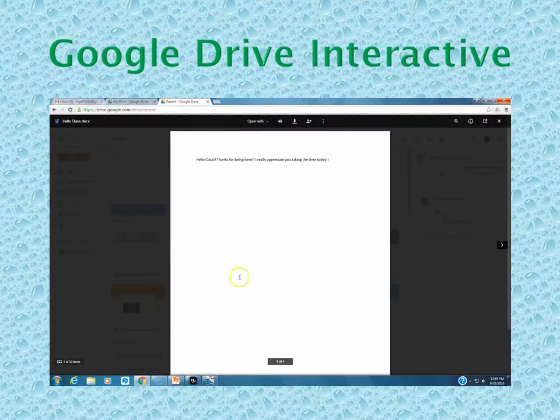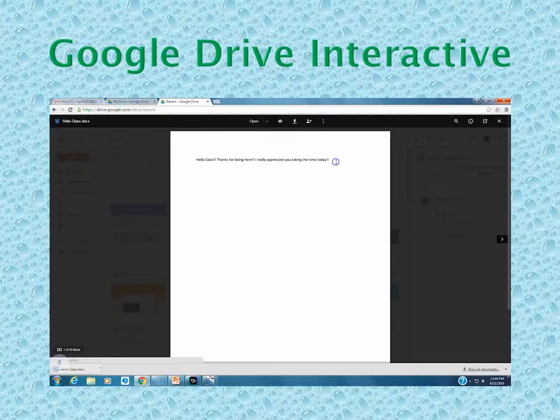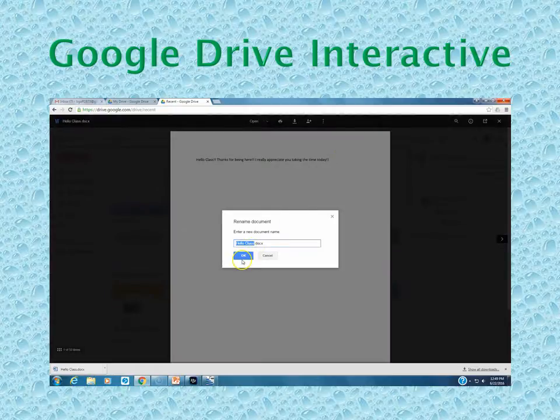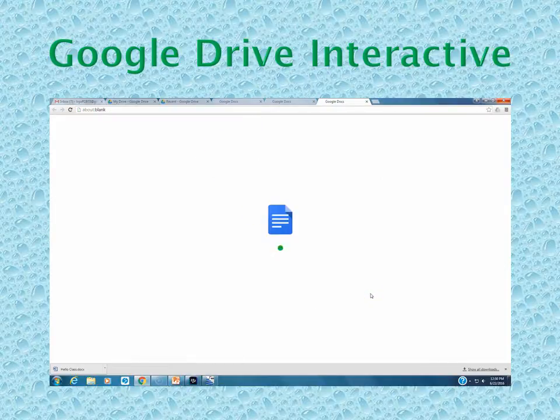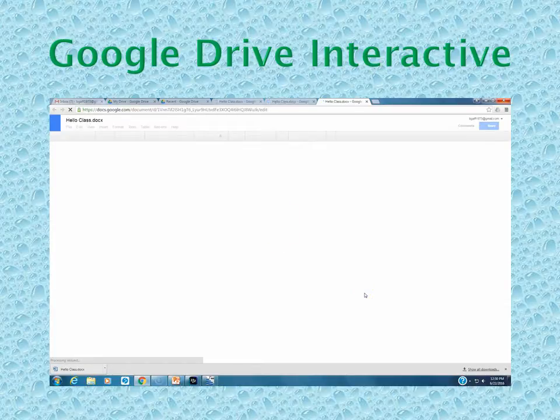Now if I double click that, now I'm in Google Drive, and I am going to edit it, or at least I'm going to try to edit it. It's downloading that for me. Here's where I can rename it. I've got it labeled as Class. I think we talked about renaming it. And I want to edit it, so I'm going to open it in Google Docs. That's where it's going to open it at, because it was a Microsoft Word type thing.